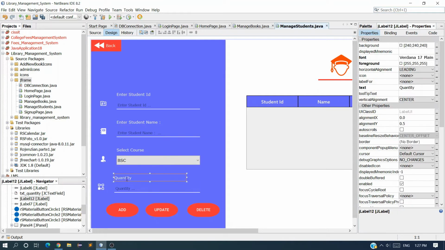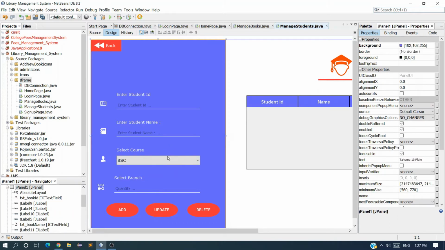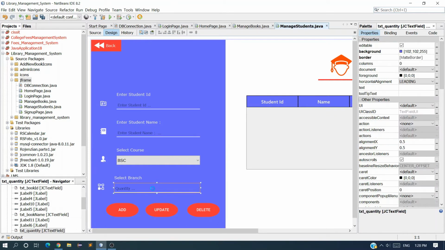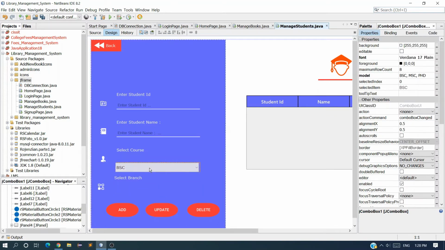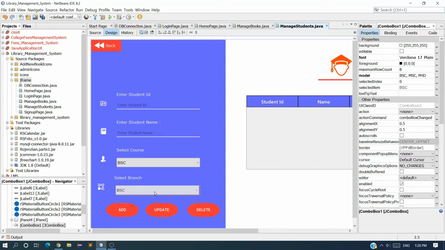And the next one is select branch. Copy this one and just delete this one, and I just want to copy this. So Control C and Control V and put it down here.